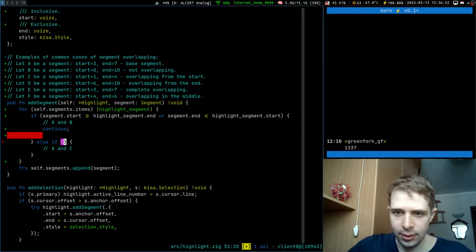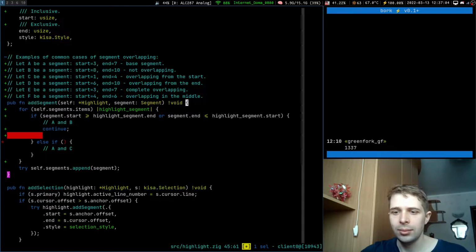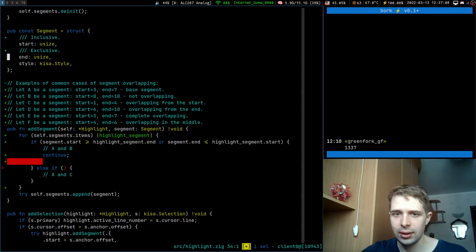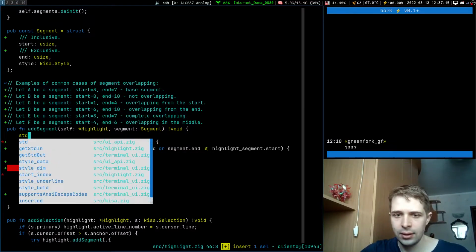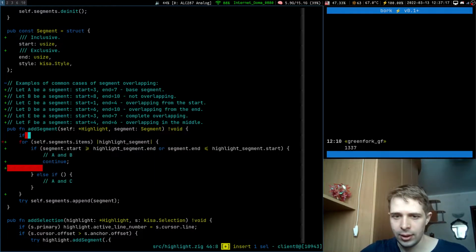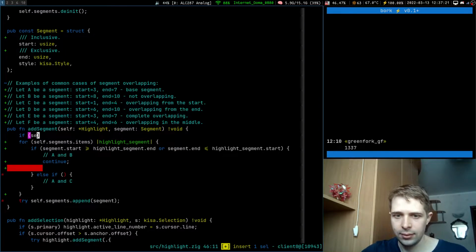Okay, A and C. So this means that we will need, by the way, yes, we'll need to ensure that start is less than end. Let's make it so if segment dot start